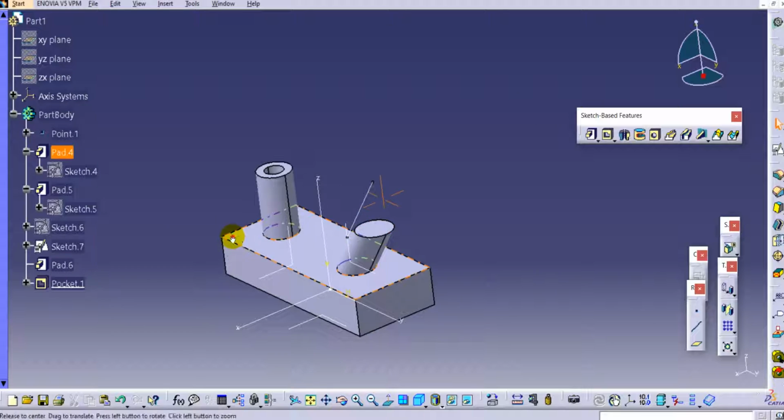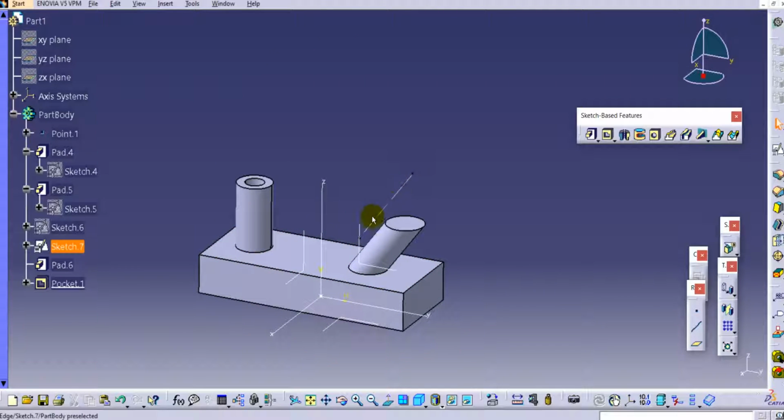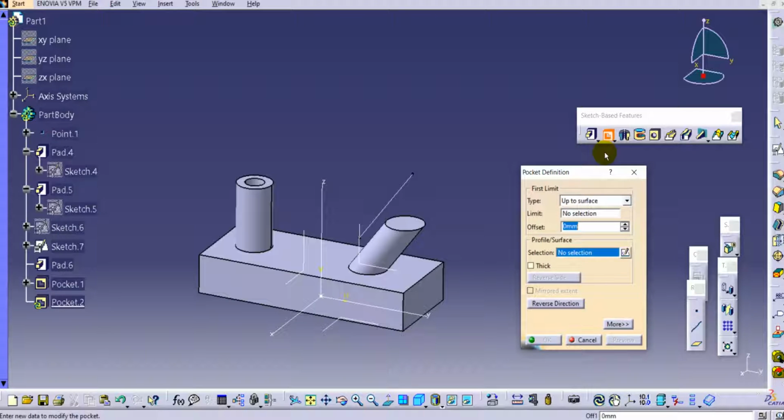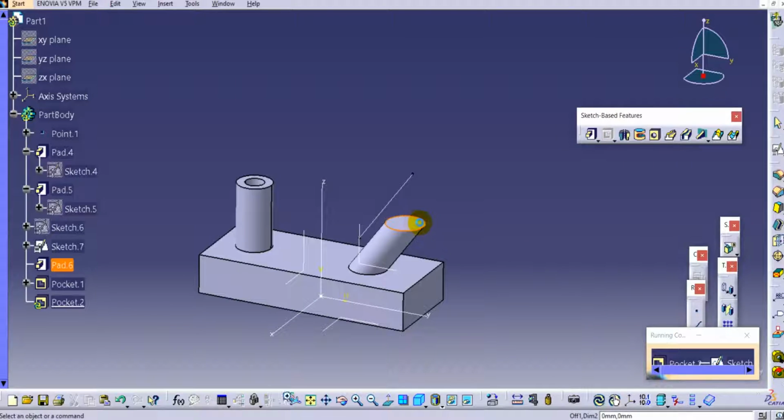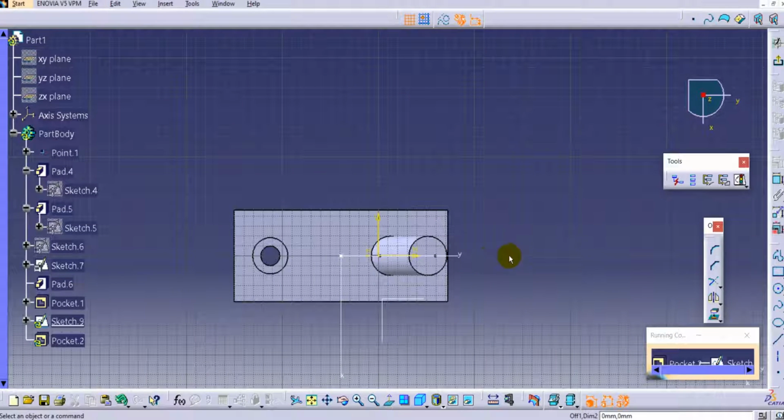Similarly, if you want to make a pocket which is not normal to the profile, which is along a specific profile, then you can do it as well. Here again just select the pocket definition directly, and you can create a profile inside this command as well. Select this one, you can see the selection, and currently no selection is available, and you can click on the option on the right side of it. Select the option and select the face where you want to create the profile. Now I want to create a rectangular profile here. Just select the center rectangle.